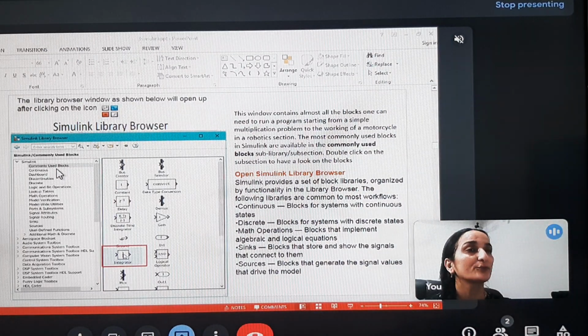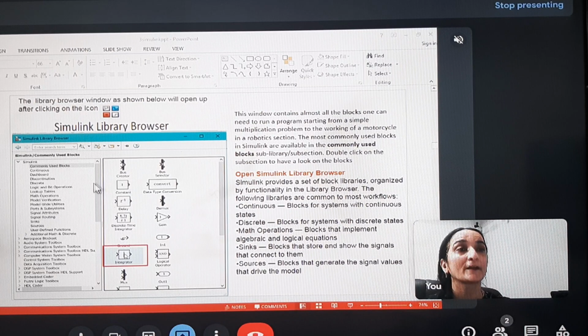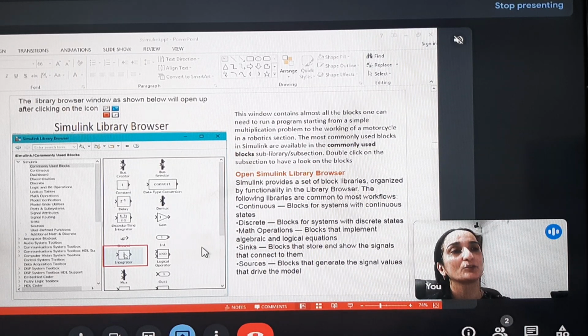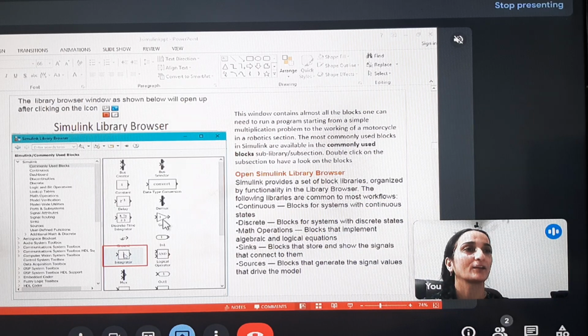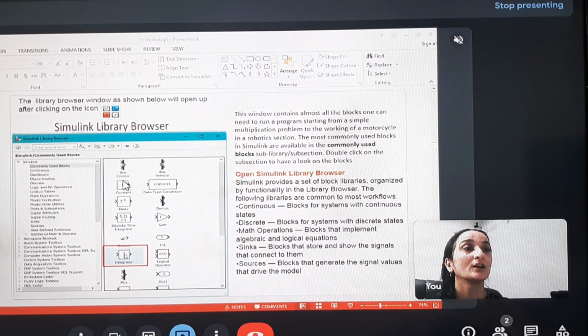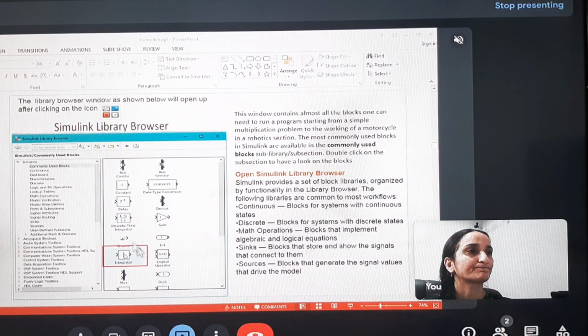For example, if we click on the commonly used blocks, then on the right side we will be able to see the blocks it contains. For example, this is a gain block, constant block, logical operator block, integrator block. Okay, now